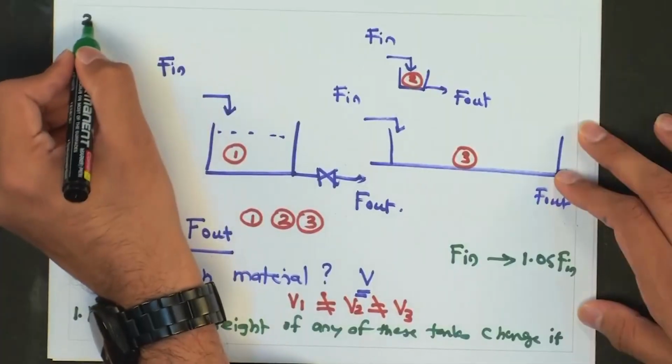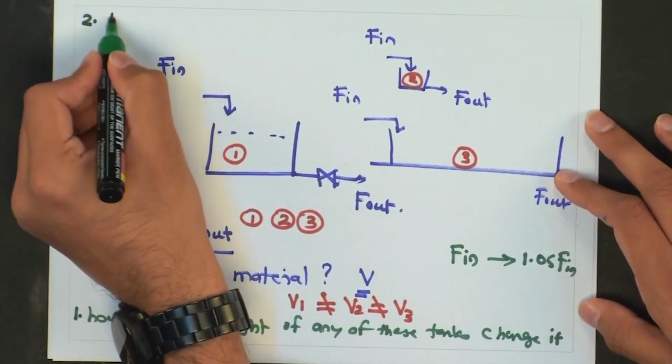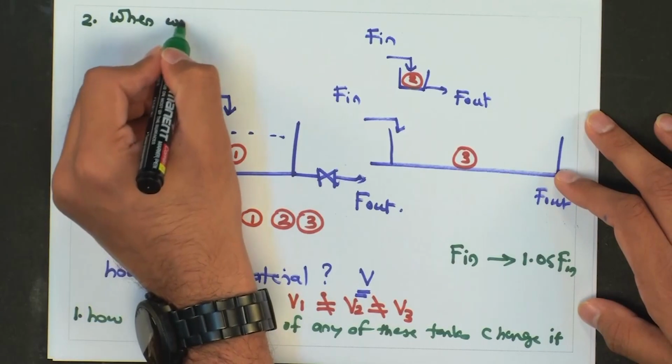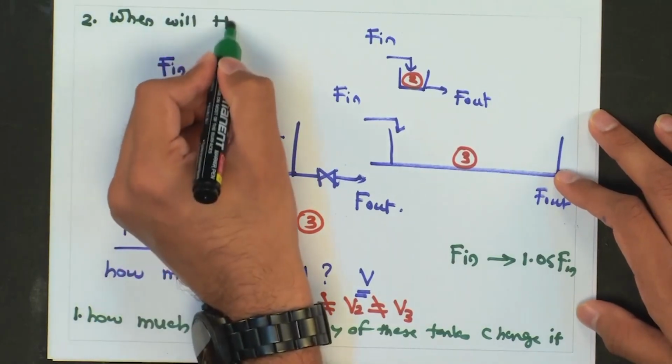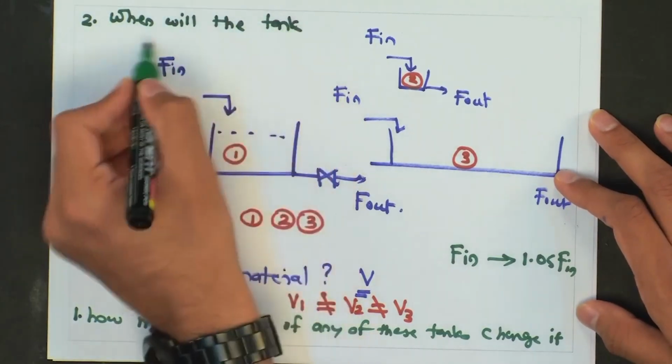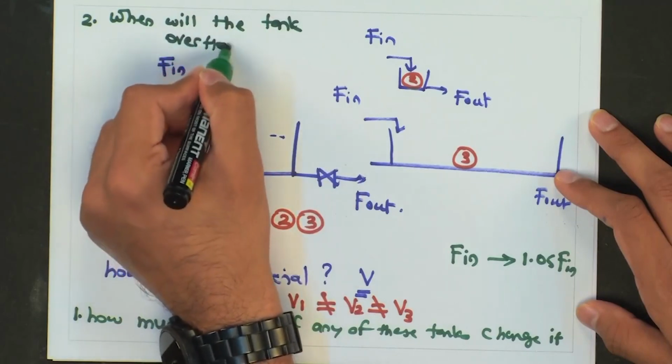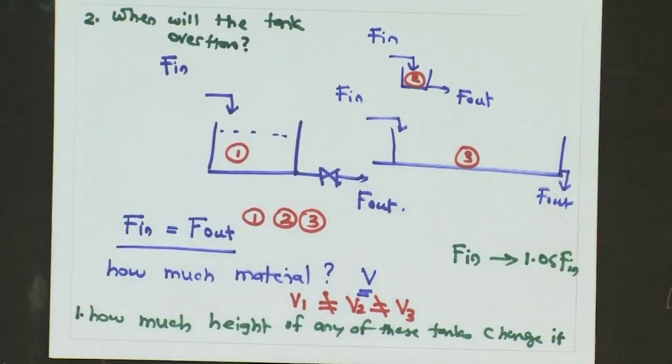The other question is, when will the tank overflow? If I ask that question, then you can answer by looking at the rate of change of height in each of these tanks, and we had derived that in the last lecture,